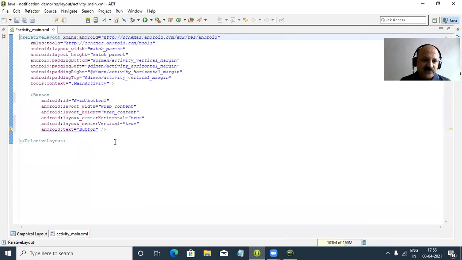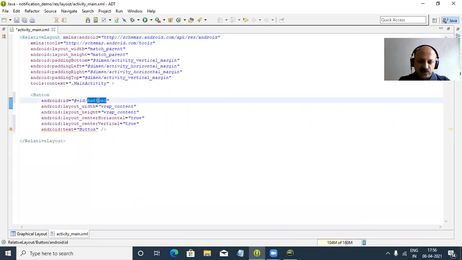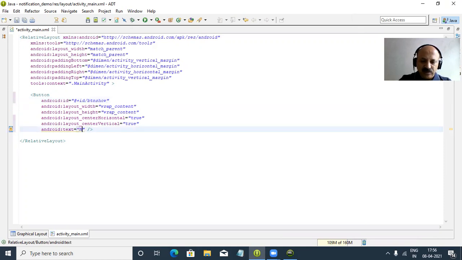So first let us change that button. The button ID is btn notification, and we can say the text is show. And here we can give the notification type of text.